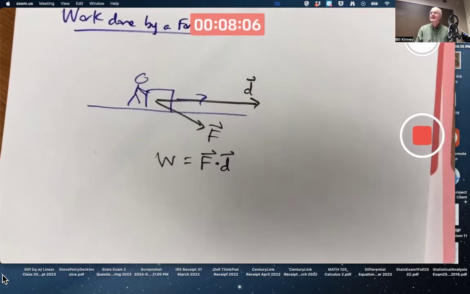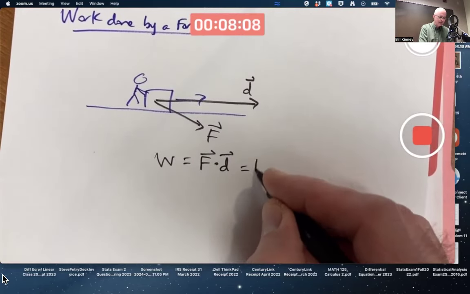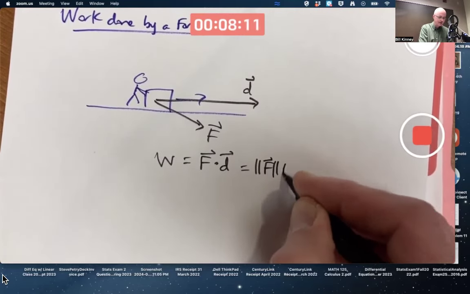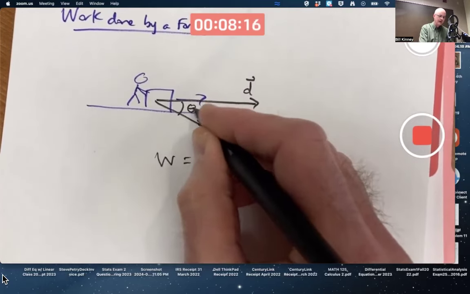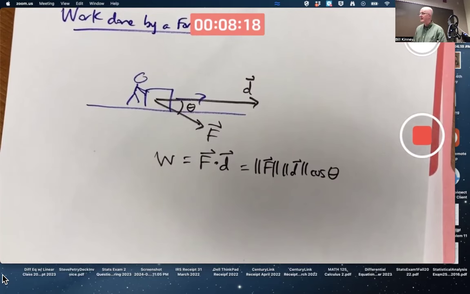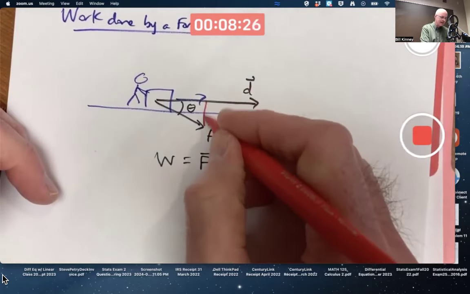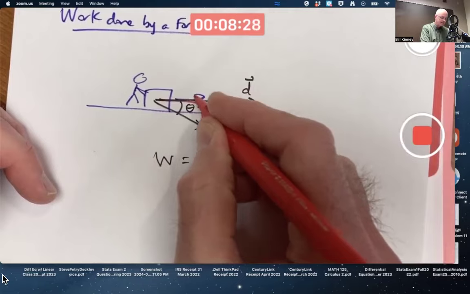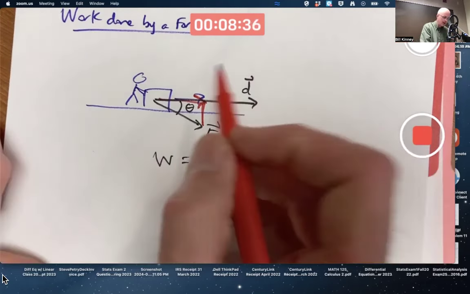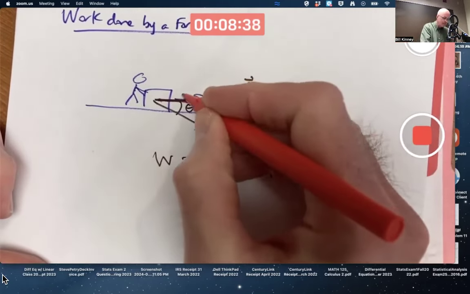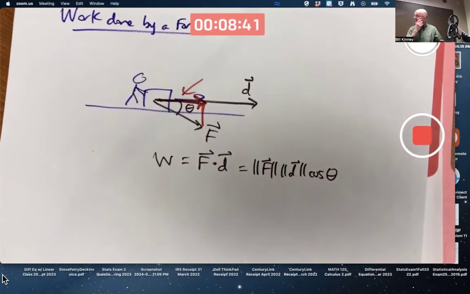which by the geometric meaning of dot product is the magnitude of F times the magnitude of d times the cosine of the angle between them. There's the angle between them. It is a scalar quantity, and it is going to give you the work done in joules. It also could be thought of as the component of the force parallel to d, dotted with d as well, or multiply the lengths, because this is the component of the force, really the projection of the force along d,